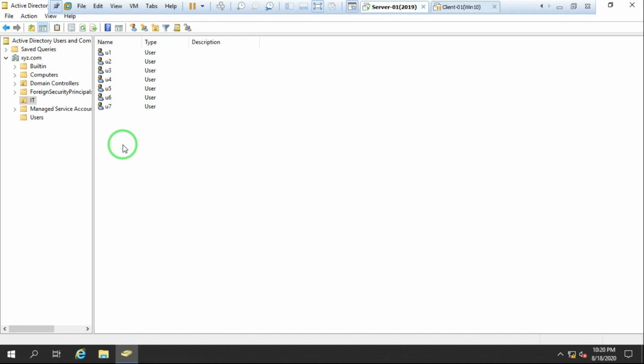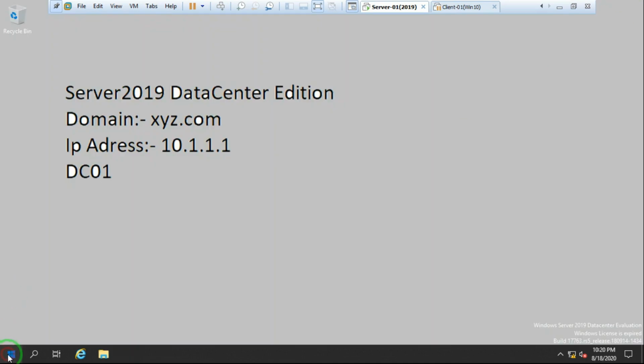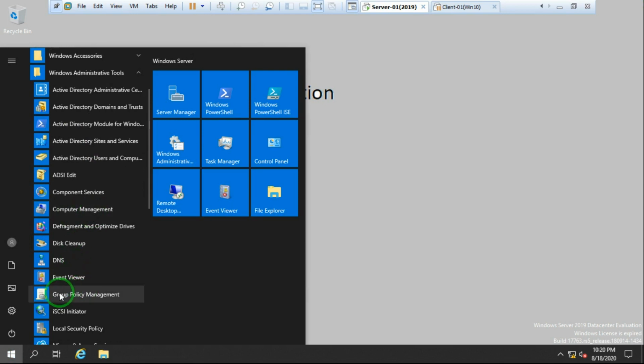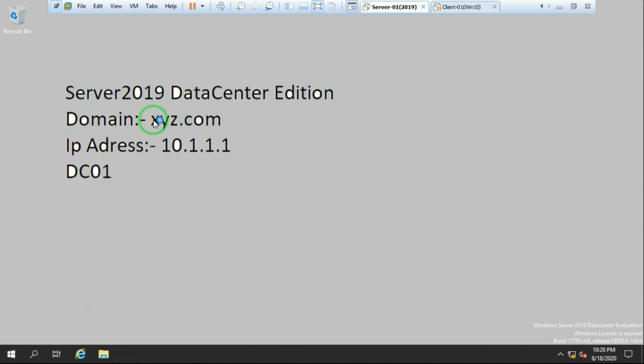Now I want to apply the same policy on these 7 users only. I don't want to apply the policies on my administrators and all the other users in the domain. I want to apply the policies on the 7 users only. So I close it and open the Group Policy Management Console once again.